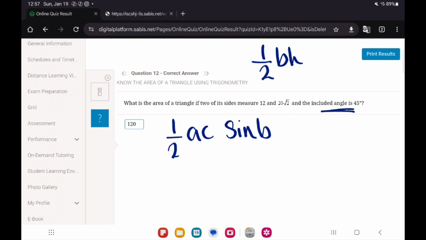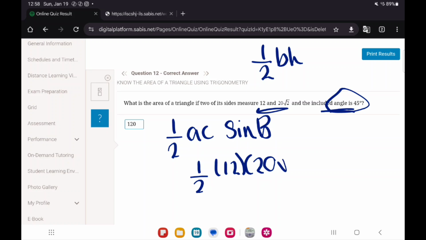It's always capital. It doesn't have to be A, C, or B. It's just the two sides you have and their included angle. So here we have half of 12 and 20 radical 2 sine